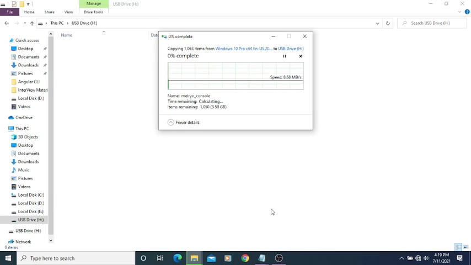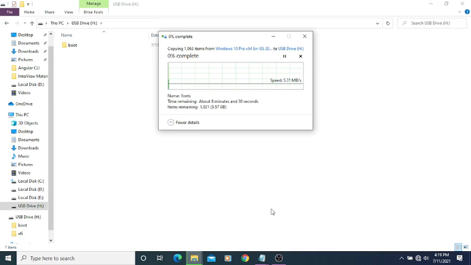Since pasting will take time, after pasting is completed, you just need to remove the pen drive from your laptop or desktop and put it in again. Then your pen drive will be bootable. So we can use that bootable pen drive to format Windows in any laptop, any desktop. This will be very useful.